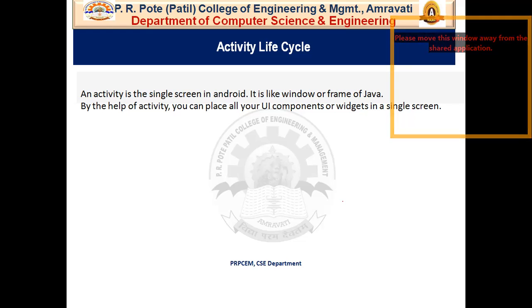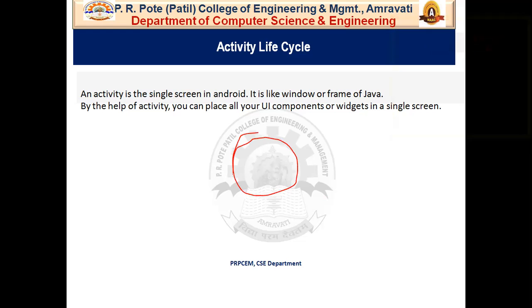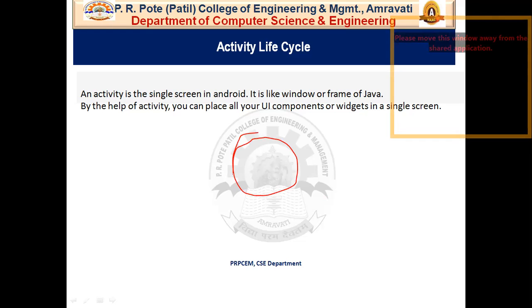Like this screen that you are seeing now is being altered or controlled by an activity.